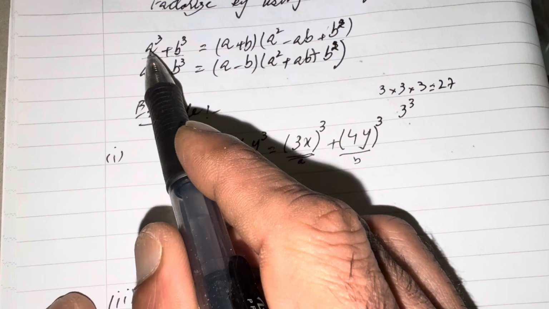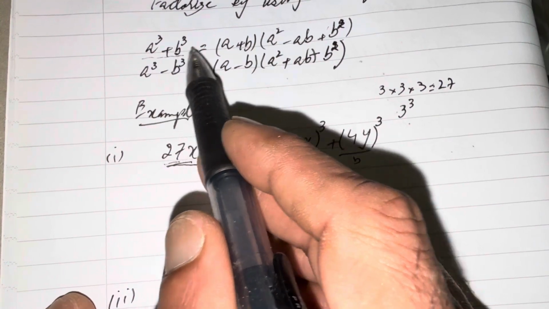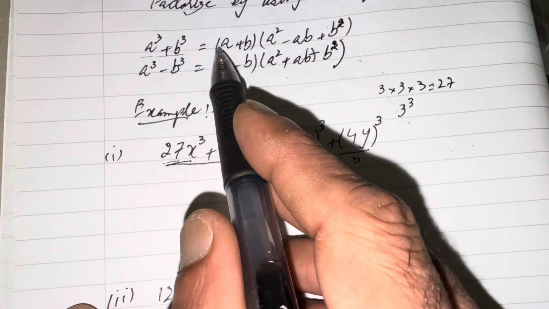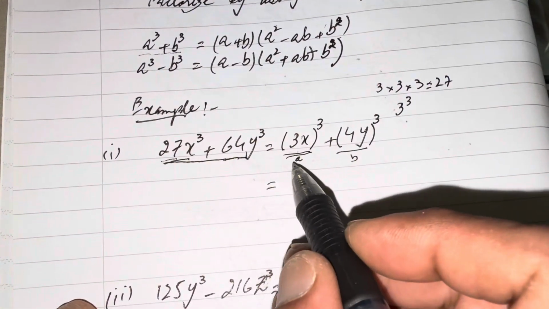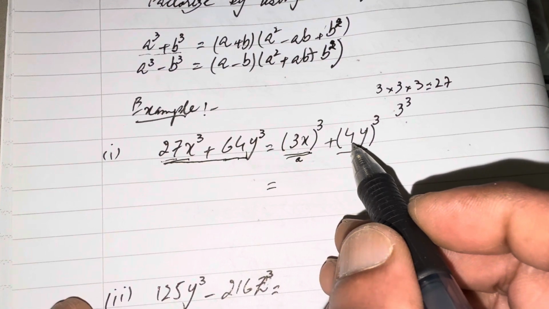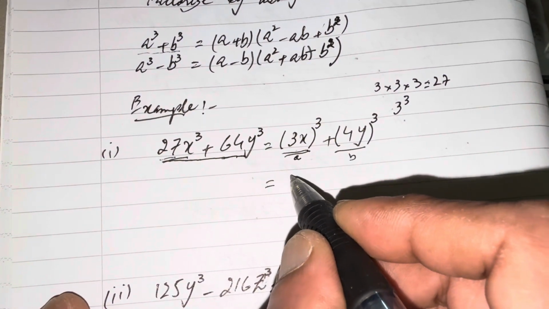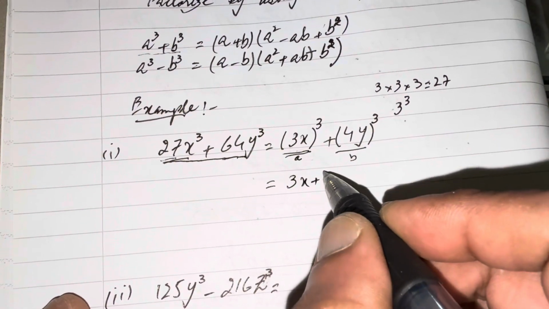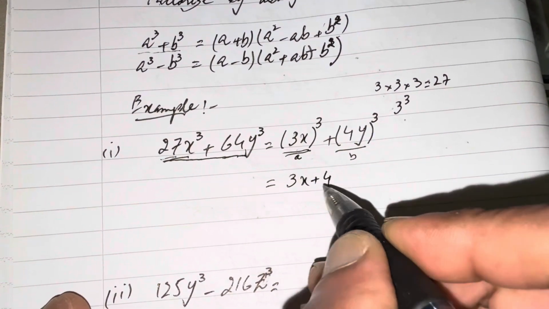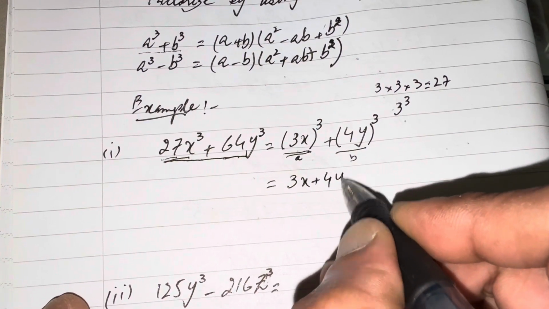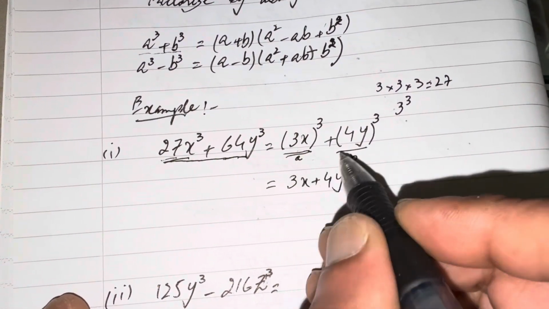So a cube plus b cube is equal to (a plus b), and first plus second. So here the first is 3x and the second is 4y. So we will write first plus second: first 3x and second 4y are a plus b,